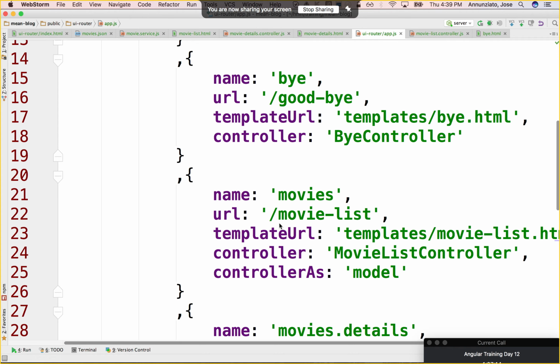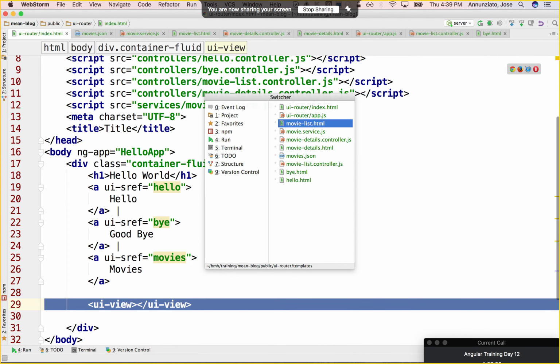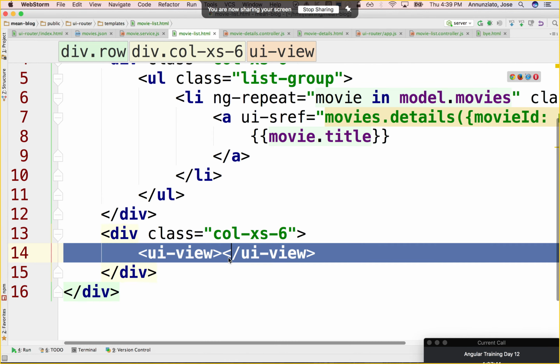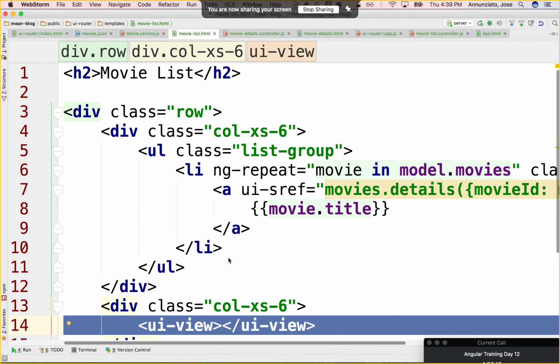And then you can repeat the same idea. Movies declares 4 different links, which navigate to substates, and they all render. Yeah, but how does the Angular one know that? Because you have only 2 views which have the same name. Yeah, and they're nested. So this UI view right here, in the list, is in the context of the movies state. Oh, I see. So this entire page